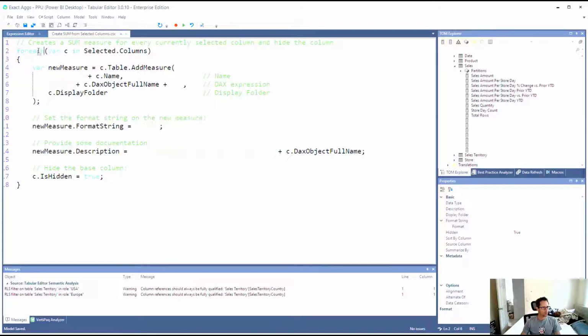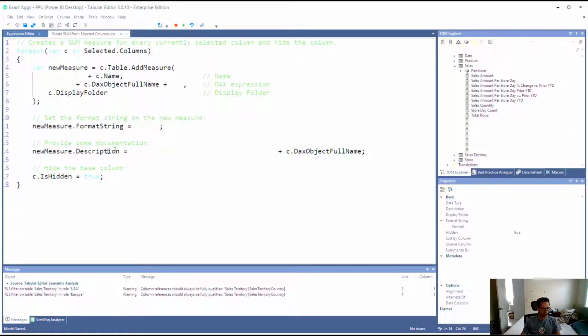So pretty much all it's doing here, it's saying for everything that's selected, create a new measure called sum of whatever the column name is, and then the DAX expression is sum of the full name. The reason it says DAX object full name is it's the table name plus the column name. The display folder, so let's just leave it, set the format string with the